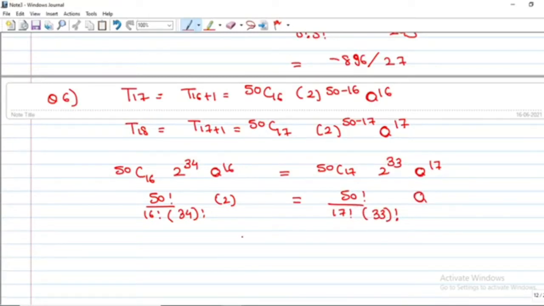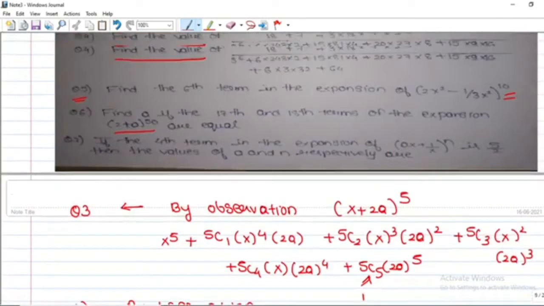You need to find the a value. That is your main target. Now, this will nullify with this. Here 1 by 17 will be left, while here 1 by 34 will be left. So 1 by 34 is left here, and here 1 by 2 is left, and a by 17 is left. So you can clearly see 2 will cancel out with 2, so my final a value will be 1. This is our answer. Now let's move on to the next. Just equate them and get the answer.